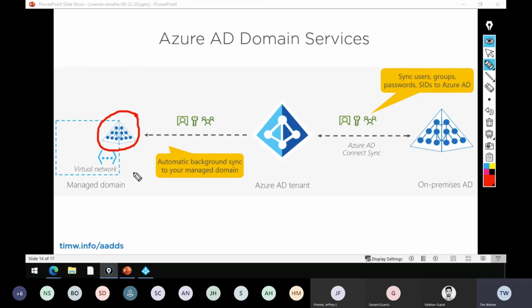Your user base is still in Azure AD. So it's not like you would set up a VM and create a new Active Directory Domain Services forest, where you've got full control of that whole environment. If it's a forest, then you can extend the schema. You can do anything you want to do in that environment. This is a platform as a service offering that really has pretty specific use cases.